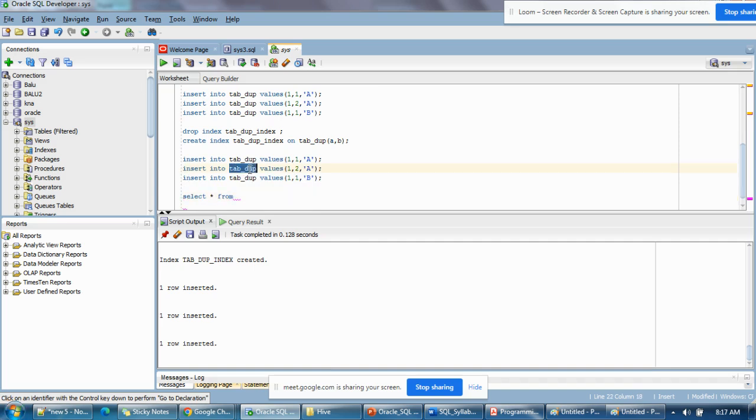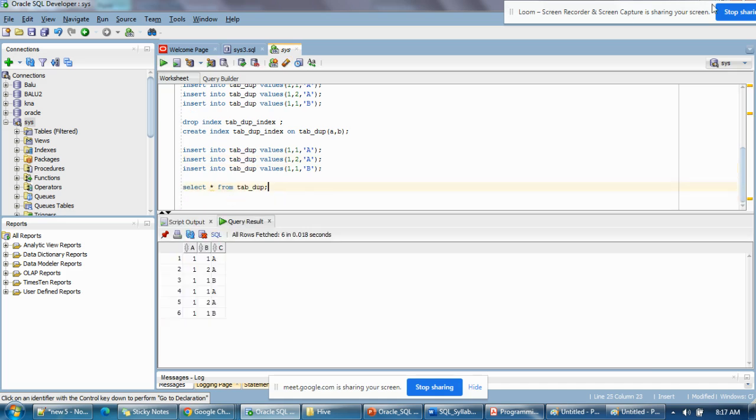I cannot showcase that your data is fetching faster, because my data is only 6 or 10 to 15 records. You can come to know once your data is more. If you are having 50,000 or 1 lakh records, at that time you can come to know how much advantage you will get with the indexes. For a smaller amount of data you cannot